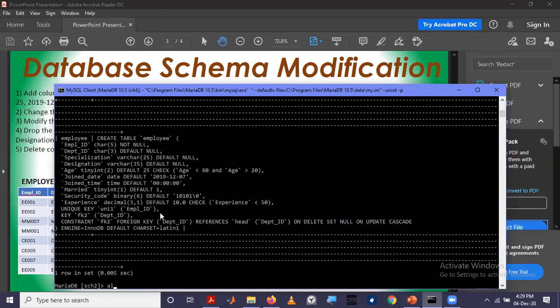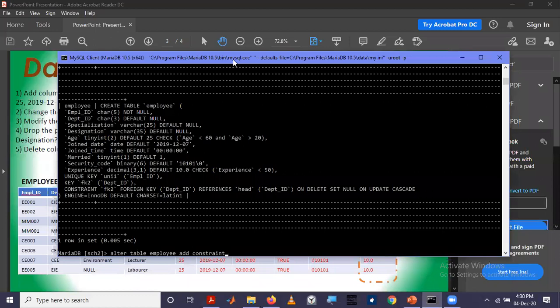So just like before, alter table employee, again we are going to add constraint. As it is the primary key constraint, we are not going to give a name for that. We are just going to say add constraint primary key, then the super key.